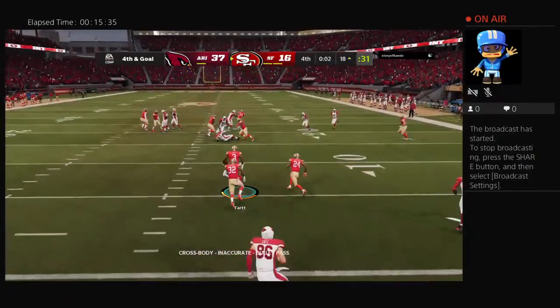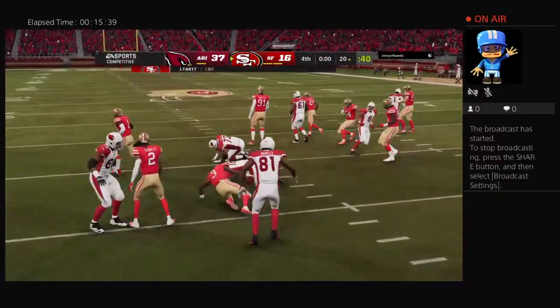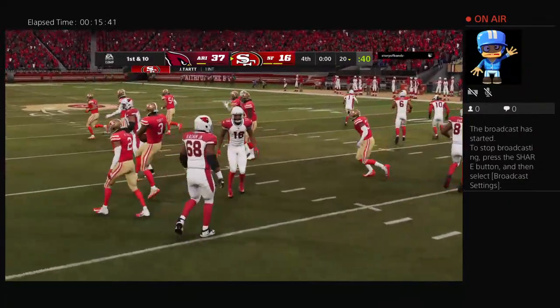Oh, they've intercepted Murray for the 3rd time. Picked off by the safety, Jarquiski Tart. And the 49ers come up with it. No doubt about it, and they've got to go